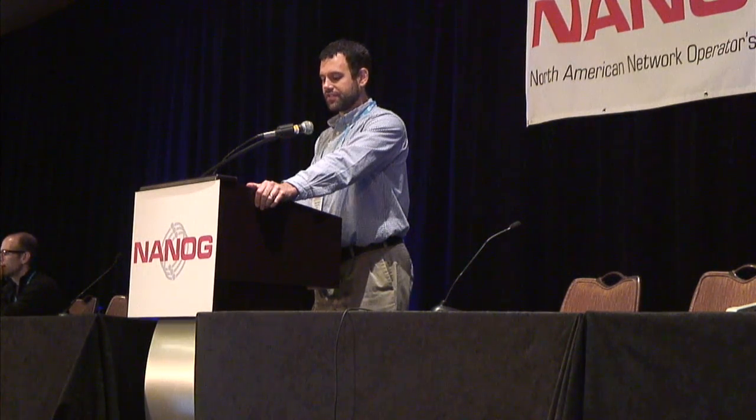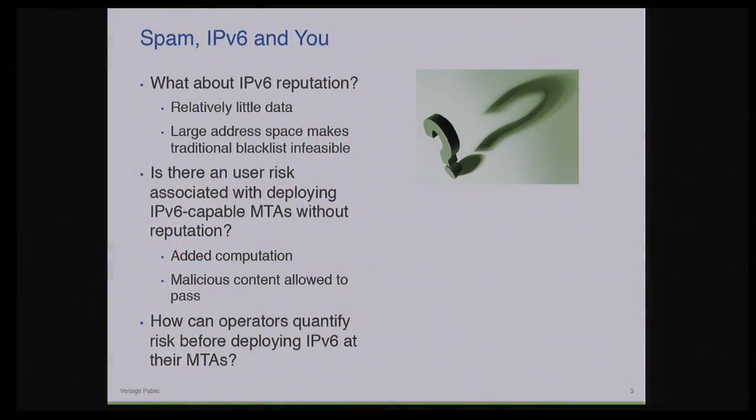Okay, so if we think about the IPv6 analog to this, at the moment we currently have relatively little data. There may be some data out there, of course, but it is less than we have in the IPv4 world, certainly. Also, at least the current methodology of per IP address type blocking is infeasible in the IPv6 world. And there may be other methodologies, but at least using that specific type of blacklisting just doesn't work in IPv6. So there are some questions in terms of deployment.